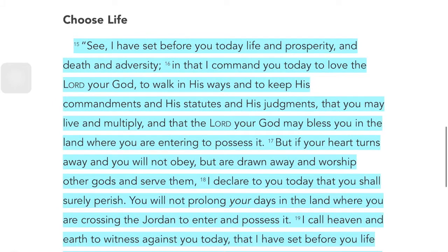It's after the Hebrew narrative, and how he begins to tell them that if they will stay faithful to God, he talks about how He shaped them and guided them and gave them His law, and now they're getting ready to enter into the land. And as they're getting ready to enter into the land, it's almost as if they're back there in the Garden of Eden with Adam and Eve, and they've got to make a decision.